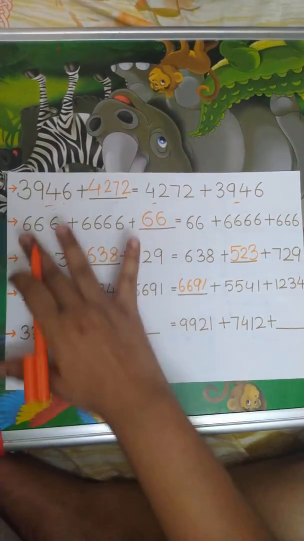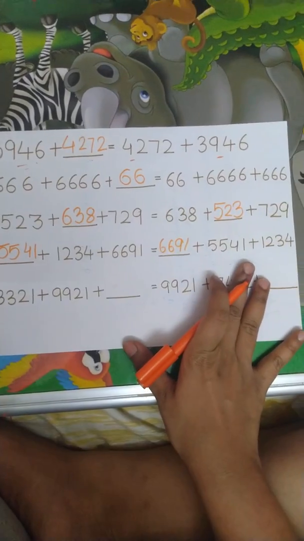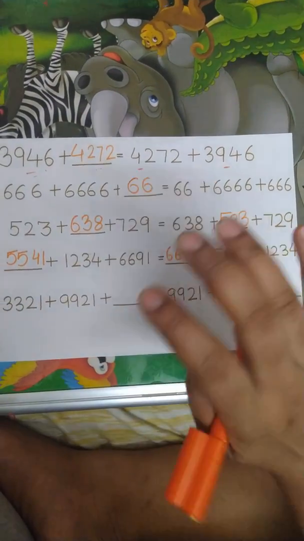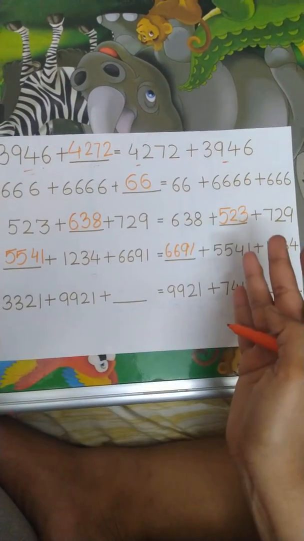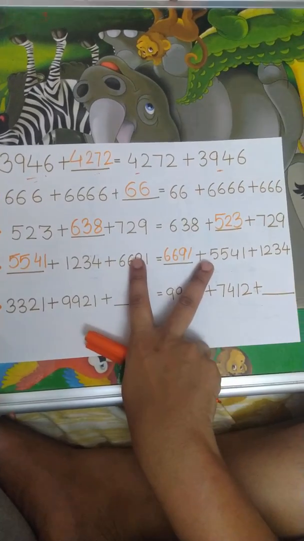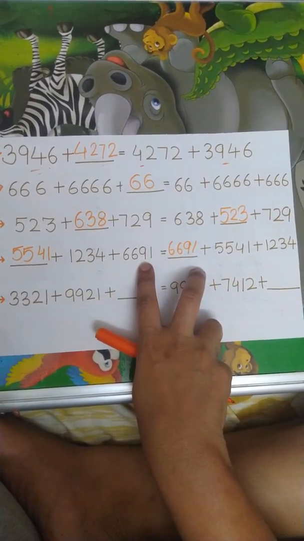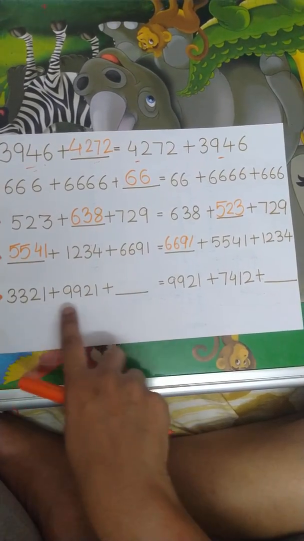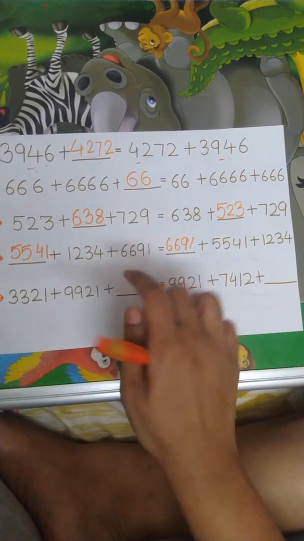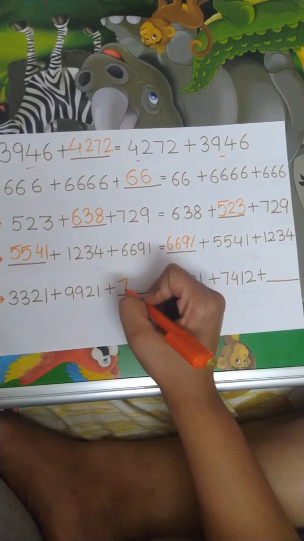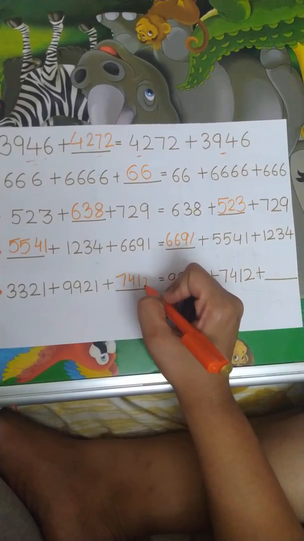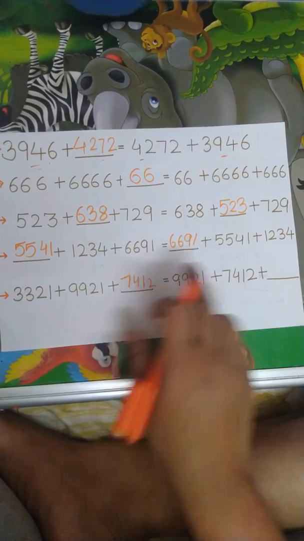See, the basic motive of such exercises is just to tell you that the order of the addends can be changed, but the sum remains the same. Both my left hand side and right hand side remain the same. Here also you can make out that this addend is missing over here, so I will write this addend over here, and here this addend.